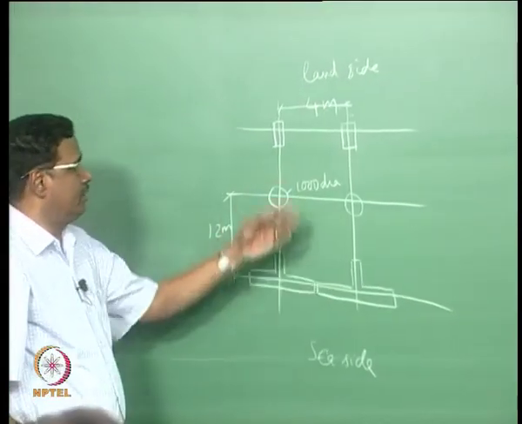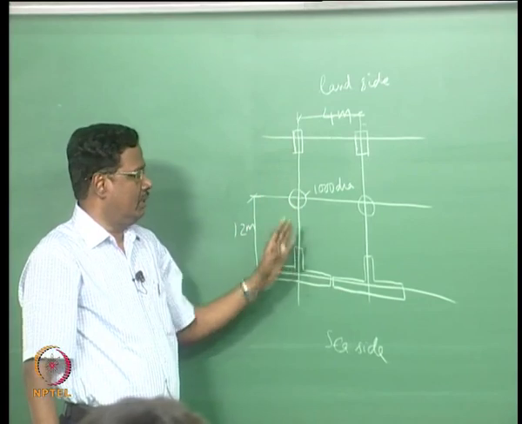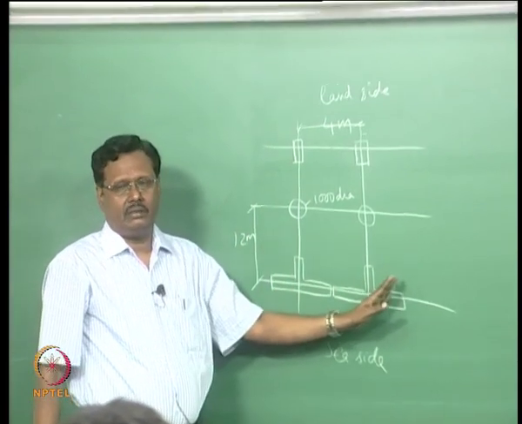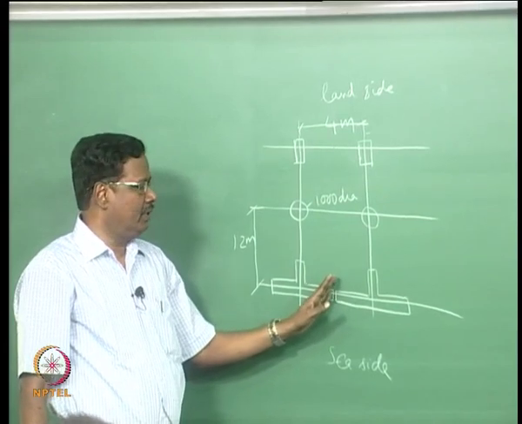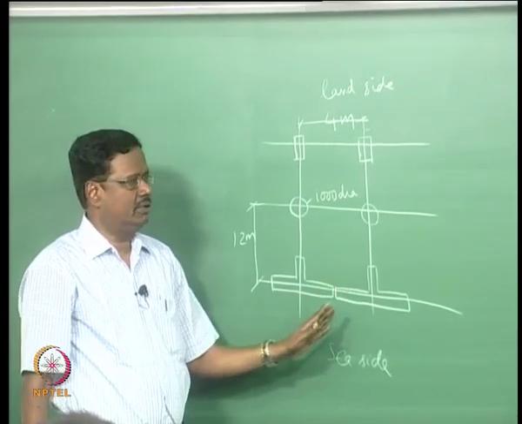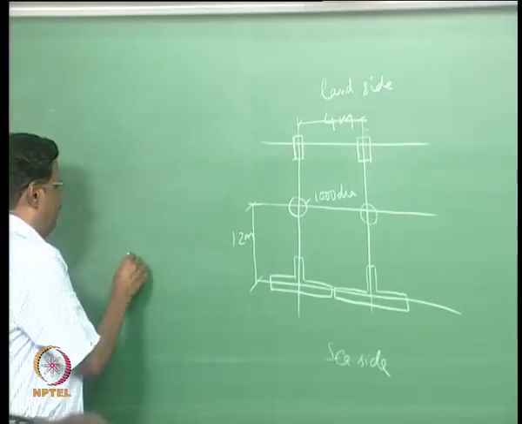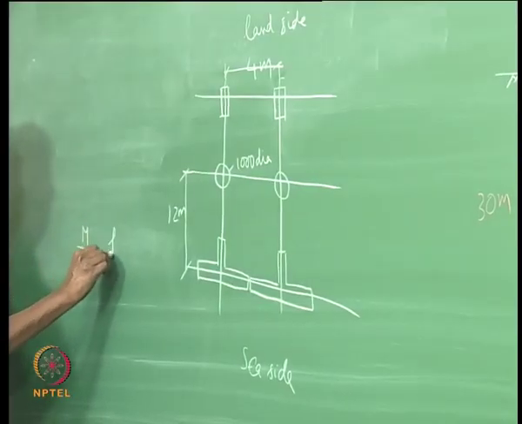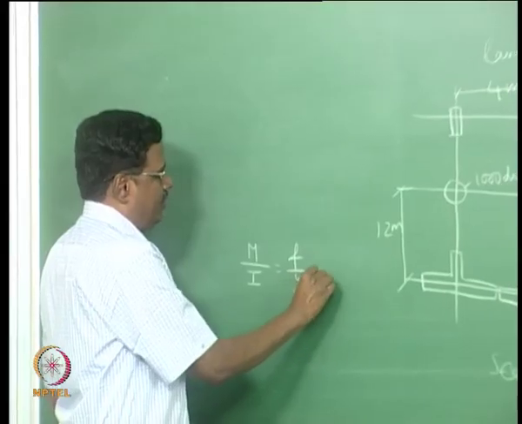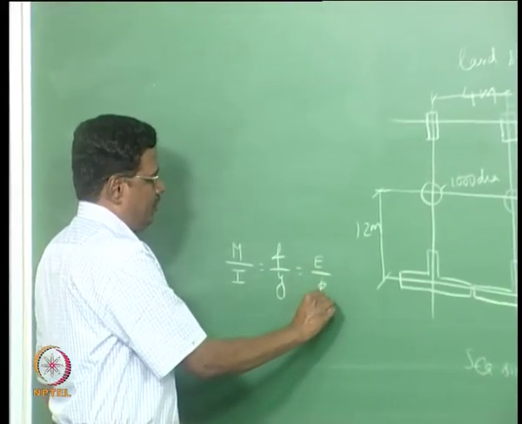The sea side, this side is the land side. So, you have a T diaphragm wall. I will tell you why we are using T diaphragm wall, because it needs more moment of inertia. So, this formula you remember, you try to understand how the derivation is, what are the limitations, what are the assumptions of this formula.